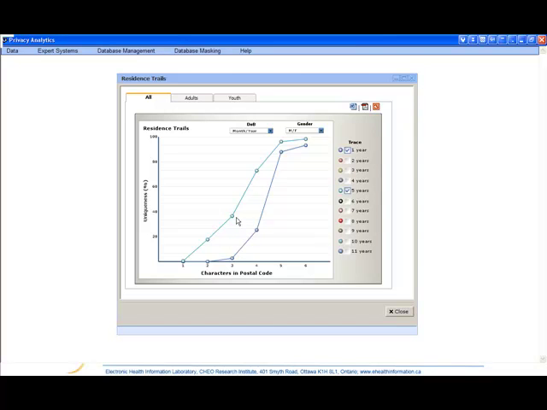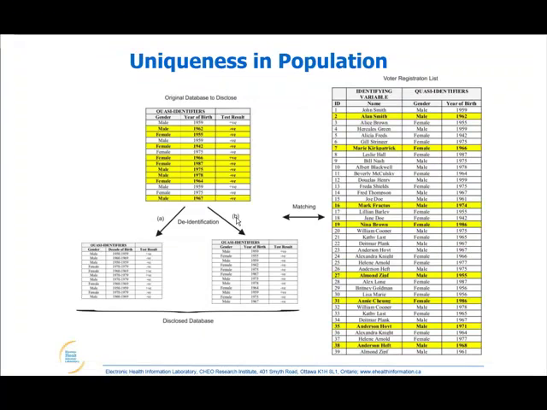So uniqueness is problematic because it makes people very easy to re-identify in data sets, and some very basic demographics can make individuals unique, but if you can measure it, then you can reduce that value by reducing the precision of the variables or removing certain variables from your data set. So I'll leave it at that. I guess we don't have any time for questions, but